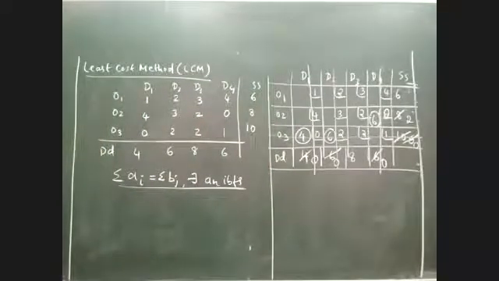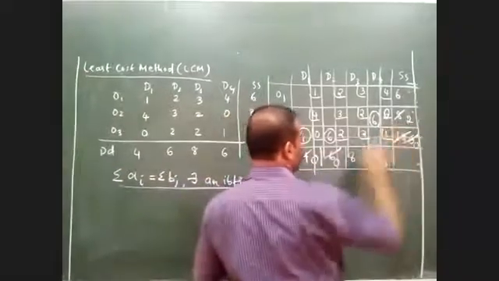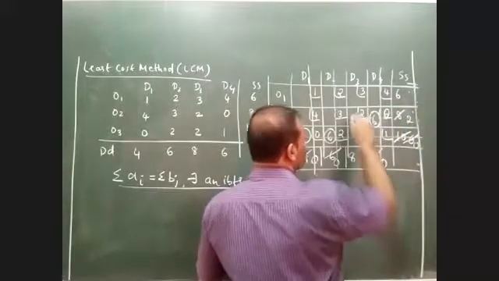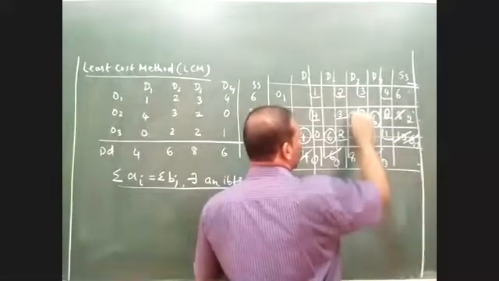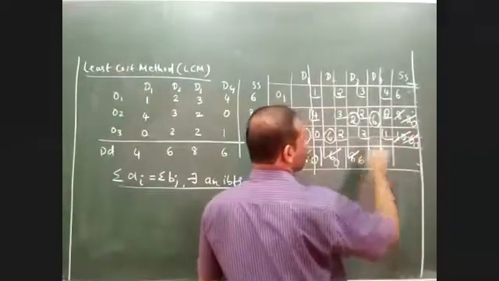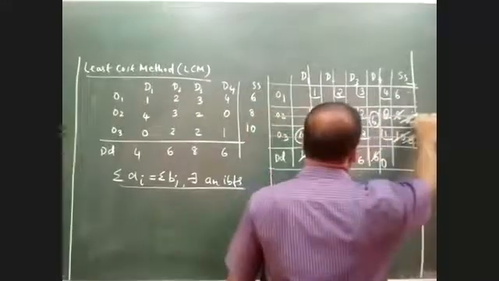2 is the lowest value, very good. So 2 is the lowest value. So 2 and 8 is there. If you compare the corresponding supply is 2, corresponding demand is 8. So I can assign 2 here. From assigning 2 here, this becomes 0 and this becomes 6. Since this O2 becomes 0, I am supposed to remove O2 as well.